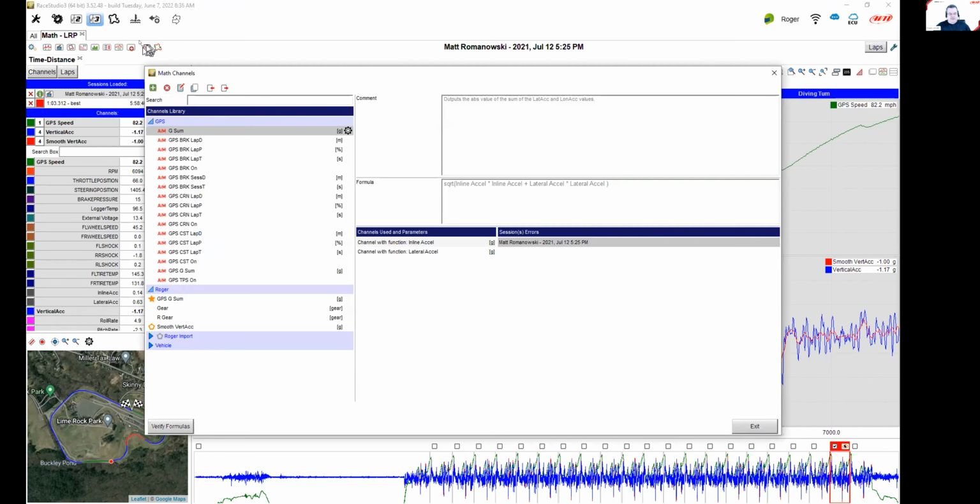Of course, it's the Math Channel icon up here. It can be opened up from right here where we're deep inside of a session, or when you're just at the all tab where we're looking at things. You can always open this up, obviously. What I wanted to talk a little bit about is a couple of things. Number one, for years,